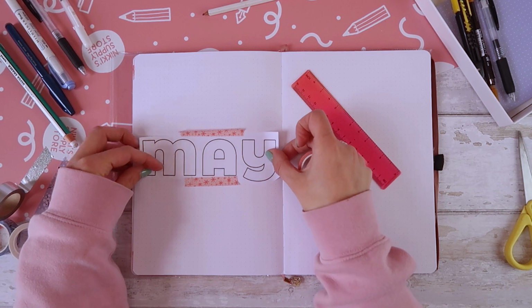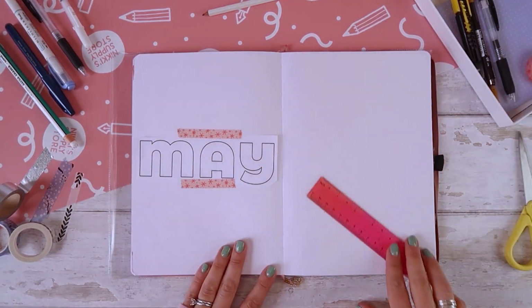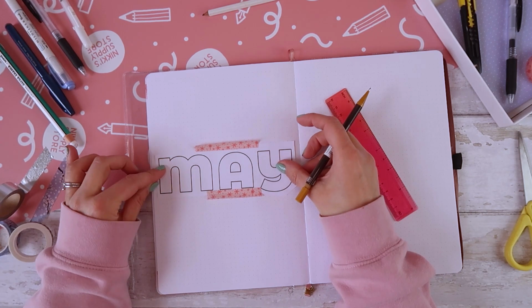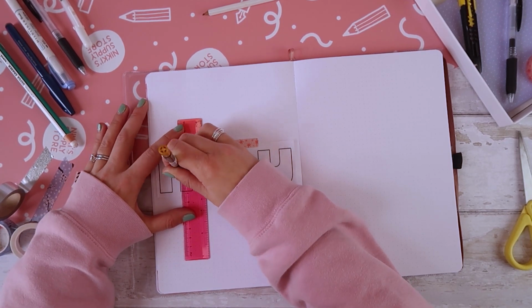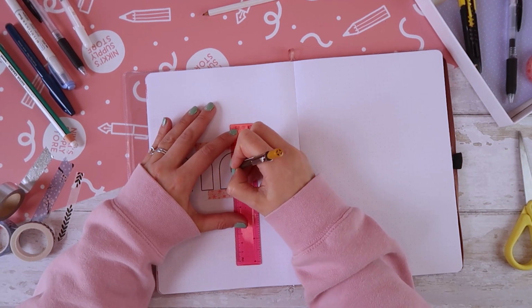Now I used some washi that I had lying around on my desk. The great thing about washi tape is it's super low tack and you can reposition things really easily. I needed to do this a lot here because I changed my mind as to where I wanted it to go. And then I just need to get busy transferring the pencil from the reverse of the paper onto my